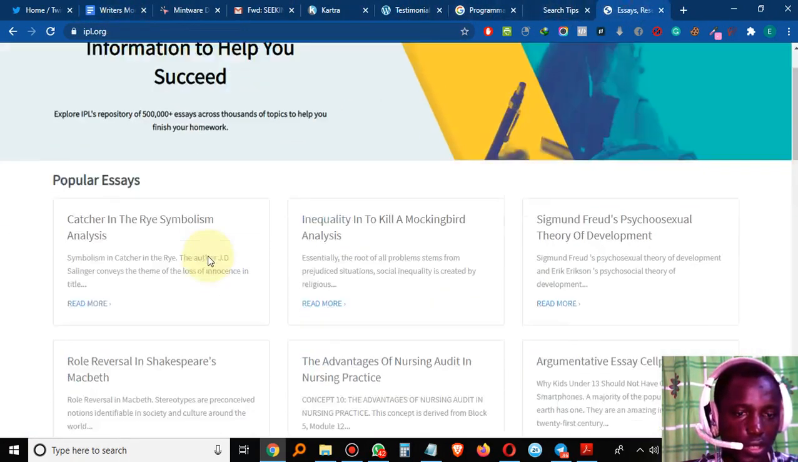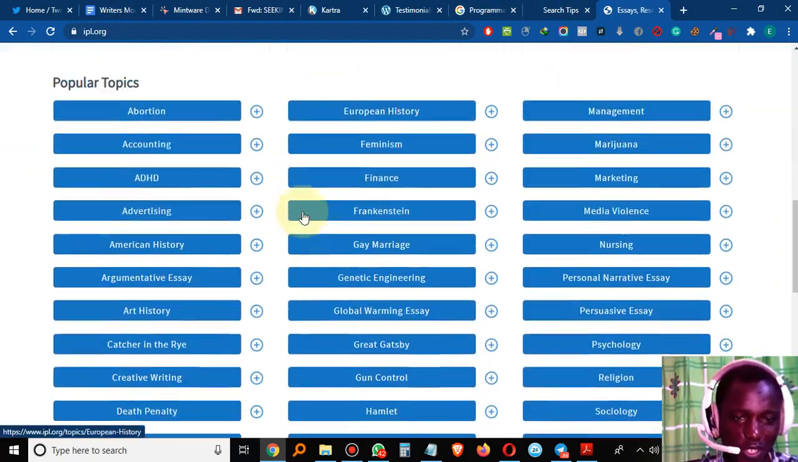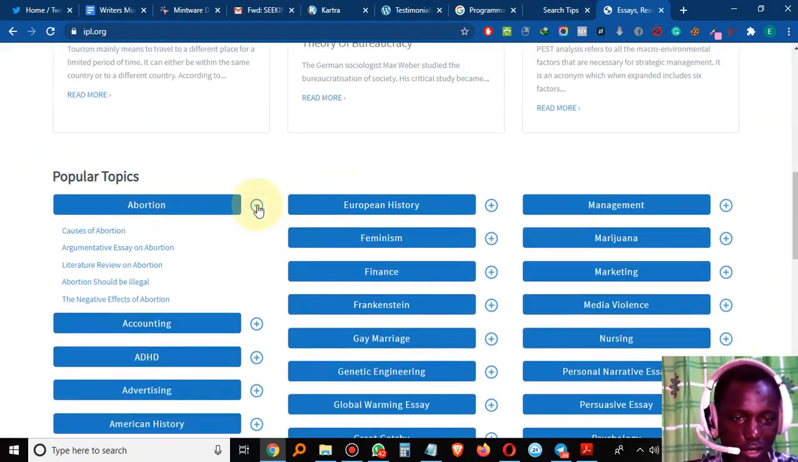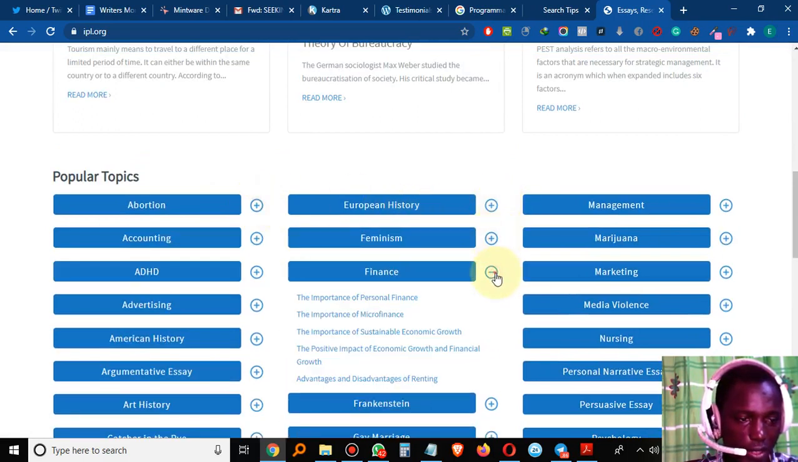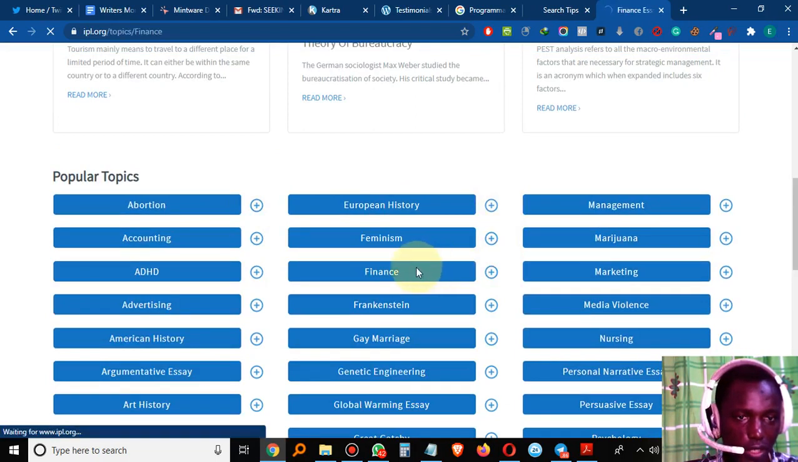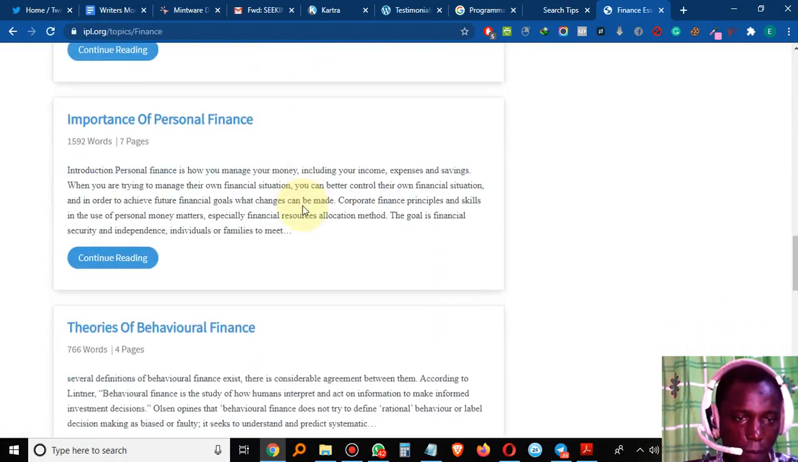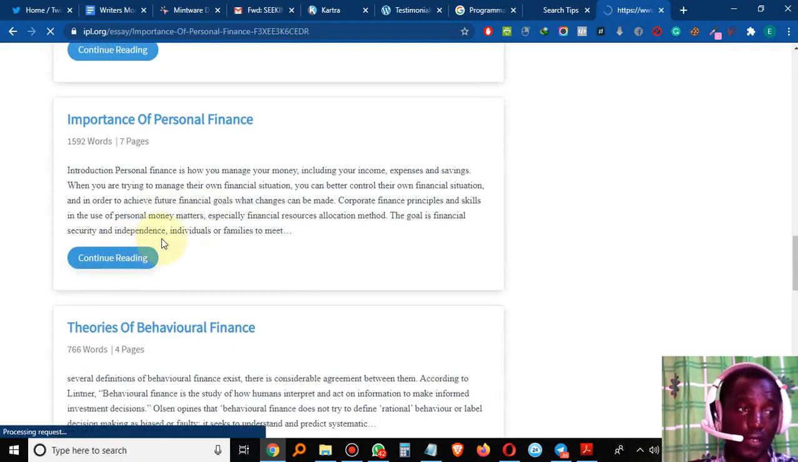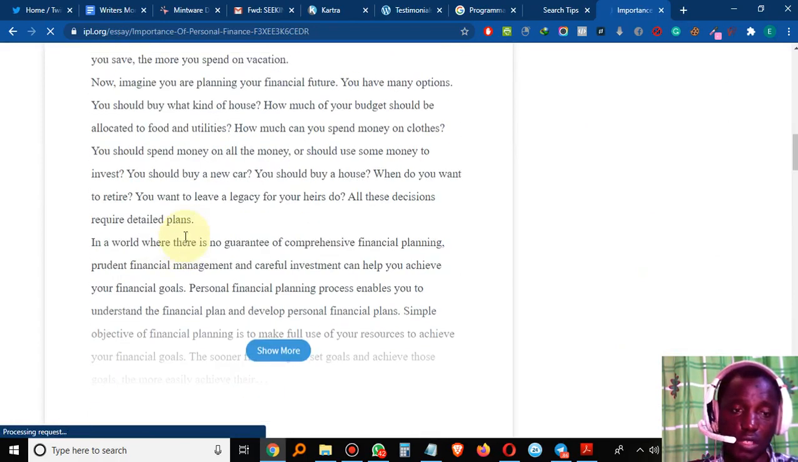Library contains over 400,000 essays across thousands of topics to help you finish your homework, your writing work as well. So you can see under abortion, European history, feminism, finance, and a whole lot of stuff. If I just click on the finance, you have different importance of personal finance. If you're a blog writer, if you are told to write a blog, you can come in now. Don't forget, in the previous module I talked about